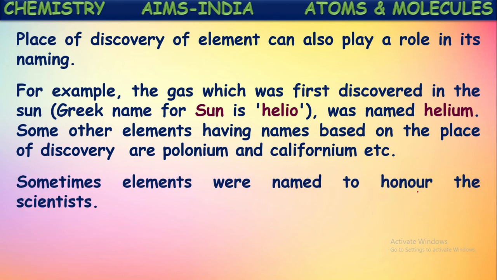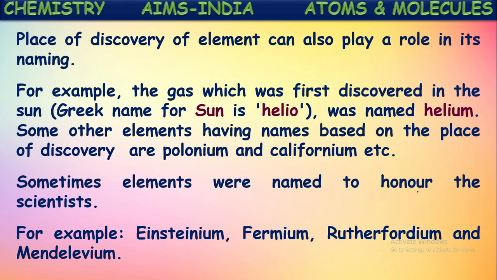Okay. For some elements, names were given to honor the scientists who discovered them. Yes, for some elements, names of scientists are given to honor those who discovered them. For example, einsteinium, fermium, rutherfordium, bohrium, mendelevium, curium. These are elements named after the scientists who discovered them, to honor them. In this way, some elements are named based upon the scientist who discovered them,